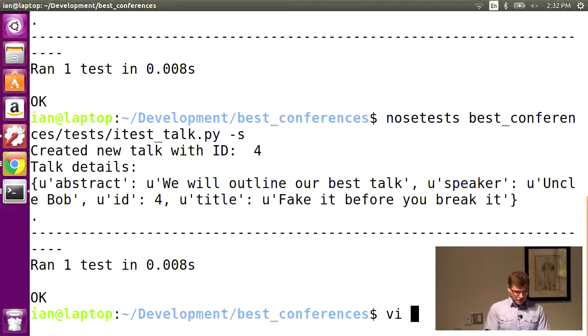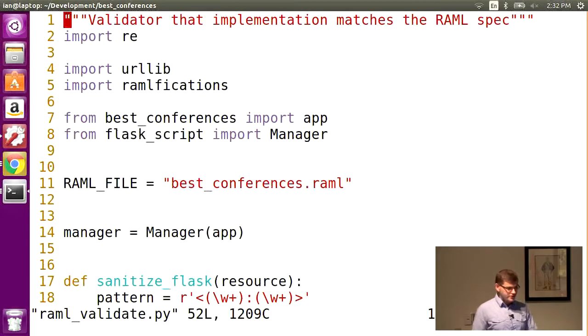But the reason I want to show this is specifically to close the loop on our last point, which is the validation part. So this is a basic script that I wrote because I couldn't find any similar tool in Flask right now. I think there are similar tools in other languages, but basically it's using a package written by Lynn Root at Spotify, RAMLfications. And RAMLfications gives you the ability to basically read your RAML and get an object representation